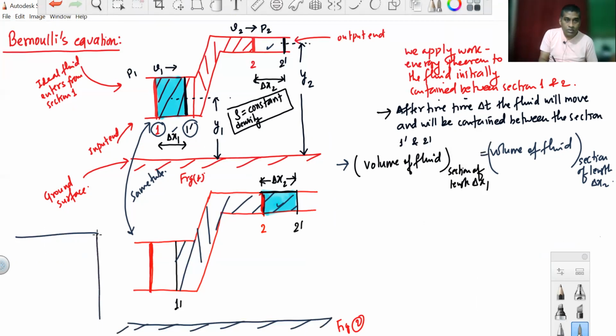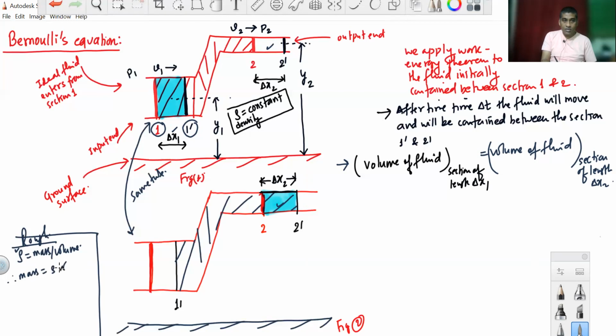So let us do some rough work. We know density equals mass by volume, and density in this case is constant, and volume of fluid in section of length delta x1 equals volume of fluid in section of length delta x2. So volume is constant. Therefore, we can write mass equals